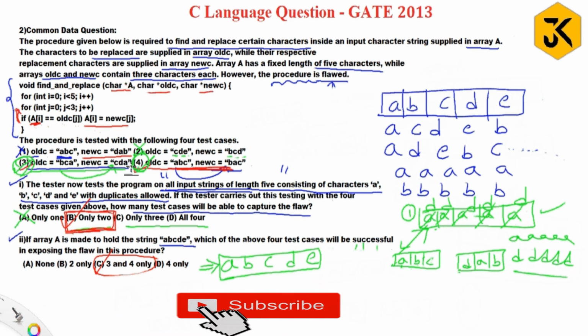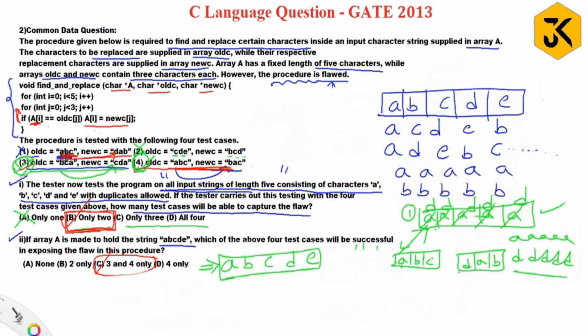That you can easily understand. Why? Because here A will be replaced with D. But there is no D here, so you won't get any further modification. So there is no problem. B should be replaced with A. Then A is here, but that A is before this B. This is important here. So there is no problem. Then C should be replaced with B. But there is no B after C. So option A won't identify the flaw here.